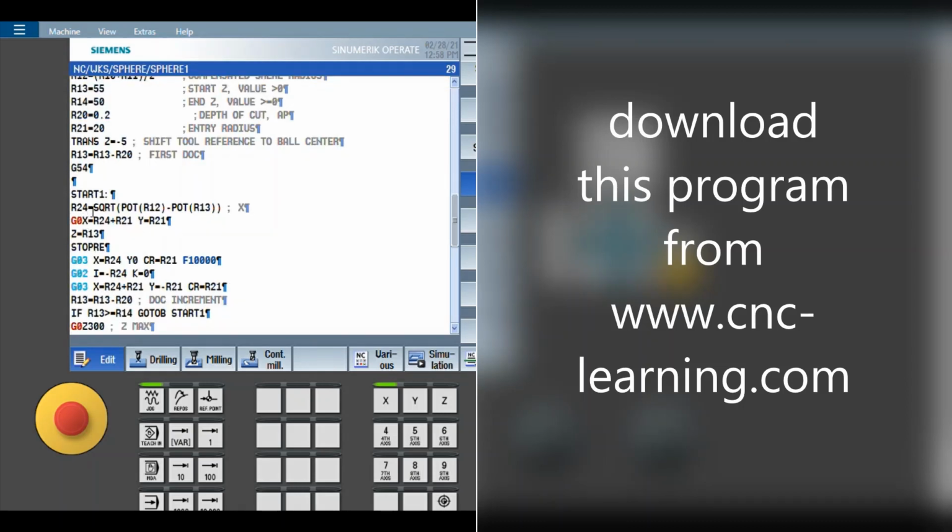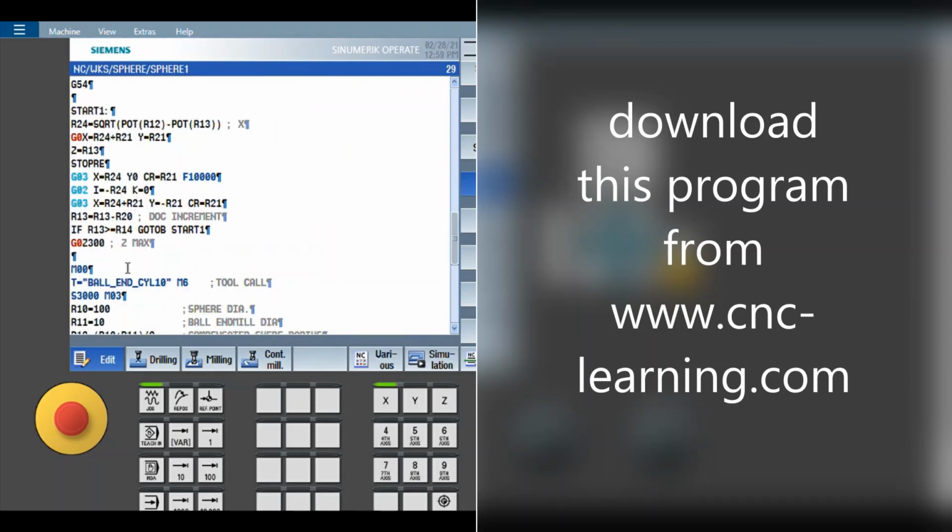So here the X value is automatically calculated using Pythagoras theorem with sphere radius and the Z value. The other things are similar to the roughing we have discussed.